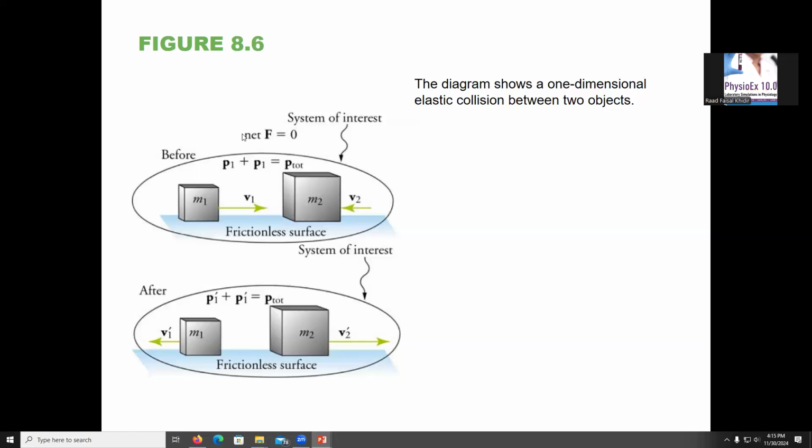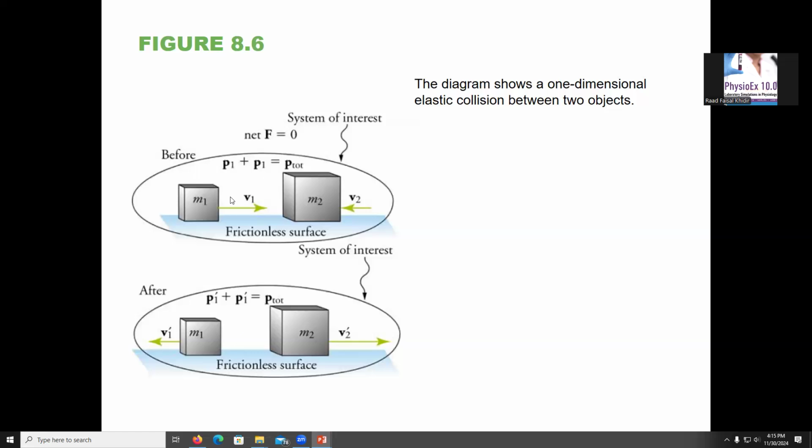You must also recognize that the net force acting on the two bodies during the collision has to be zero. That's our main criteria for momentum to be conserved. The external net force must be zero and the friction force must be negligible. You could assume that it's a frictionless surface. The last criteria for elastic collision is that the kinetic energy must be conserved, must remain